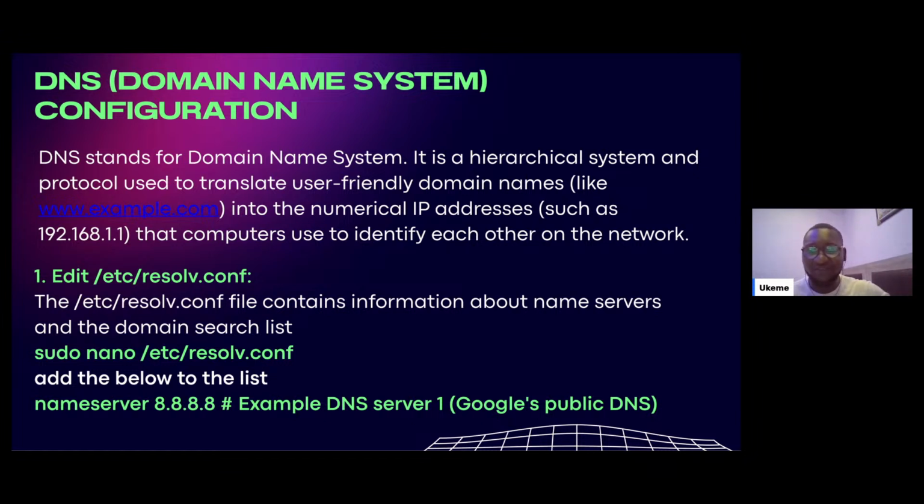So there's basically something called a domain resolver. A domain resolver is basically a server that converts www.example.com or ukeme.com, the DNS, into the IP address, because the computer actually understands those IP addresses, so you need something to convert it. That's where the resolving comes in. So this is a practical part. Now I'm going to share my screen and let's just run through this. What I wrote there, edit /etc/resolv.conf. I will explain why we're doing all of that. So let me share my screen.